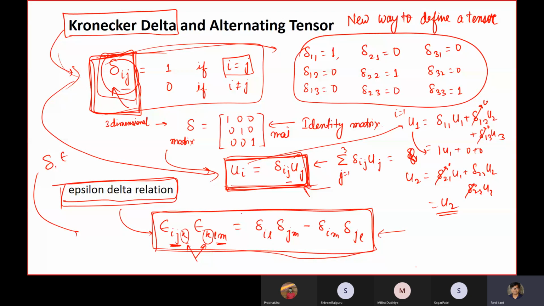The way it is written in terms of delta is delta il, so the first index of epsilon is in combination with the first index over here, il, then jm, and then im and jl, the positions are swapped. Okay, this is how it is written, and this is a useful